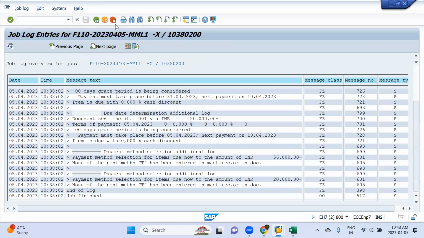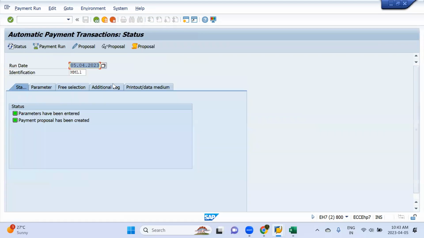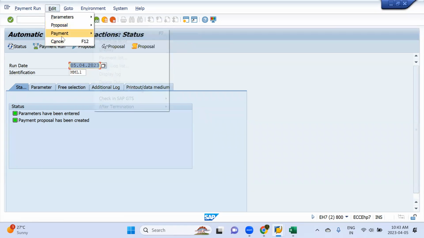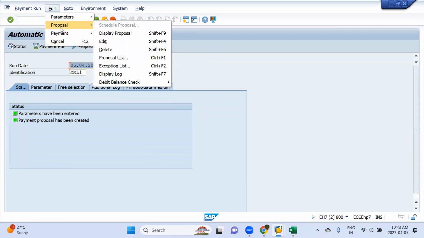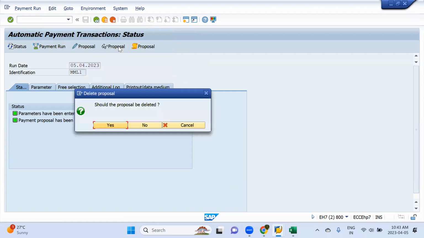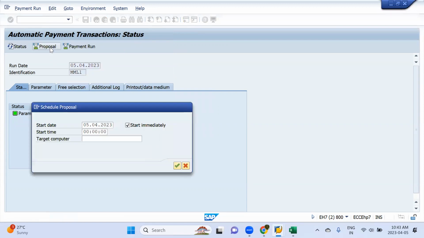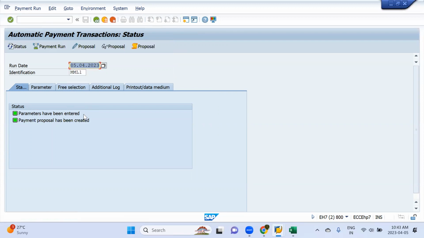Let's rerun this program. Before that, we have to delete this proposal. Go to edit, proposal, delete. Not the payment proposal, just this proposal, the one we ran after the parameter. This is deleted. So let's run the proposal again. Enter. Enter. So if you check now,